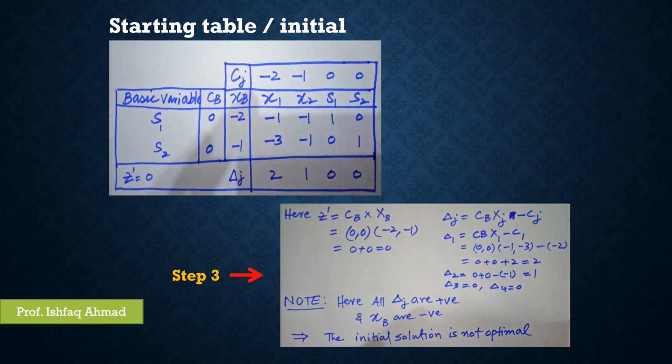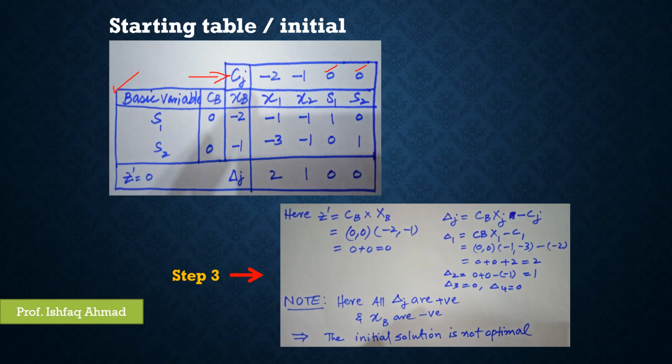Here is a starting table or initial table. This table is constructed, and we already have learned from OR1 course that in this tableau form we write some basic variables, and here the Cj represents the coefficients of the objective function, and Cb the values in the objective function of the basic variables like 0 and 0. We will write these values in front of S1 and S2, and XB represents the right hand side of the problem. Constants on the right hand side.